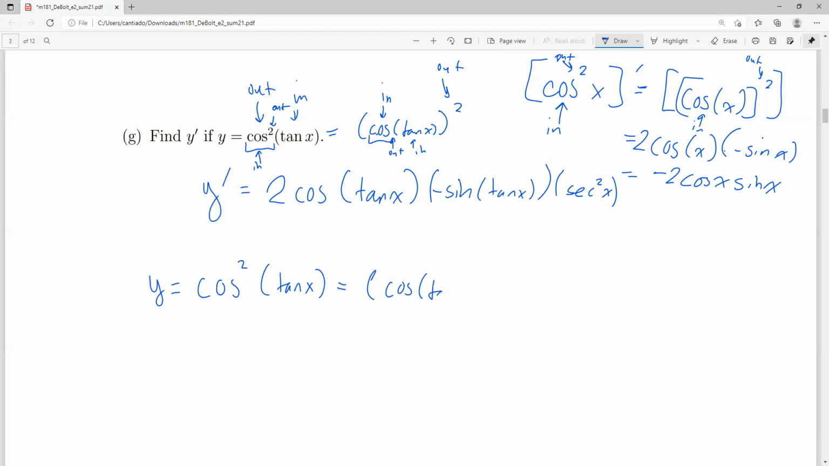Cosine of tangent x, all of this squared, right? So when you're taking the derivative, we've got to use the chain rule. The derivative of the outside function, in this case, this whole outside function is cosine of